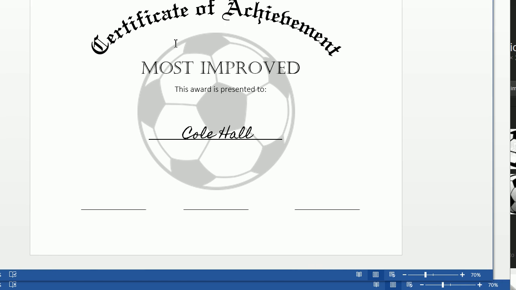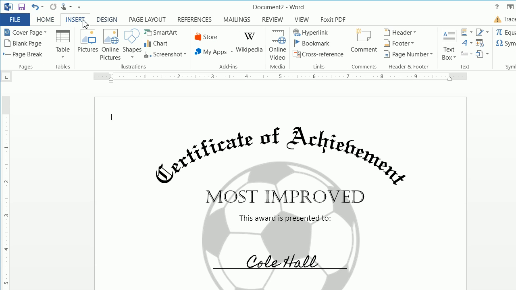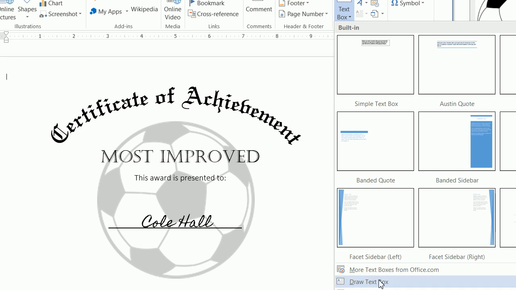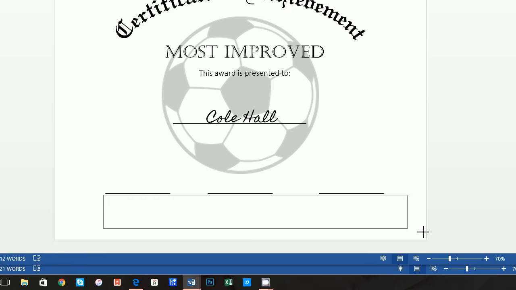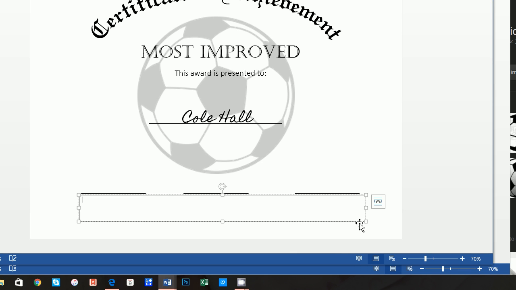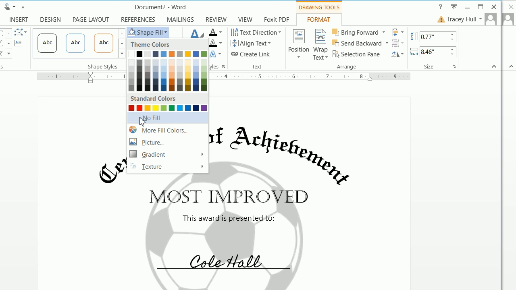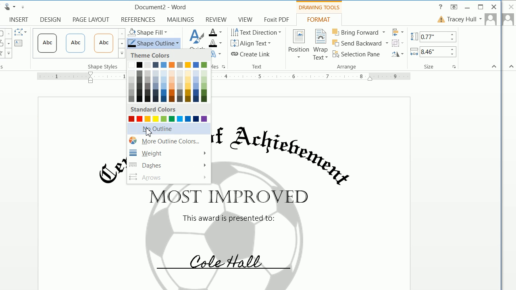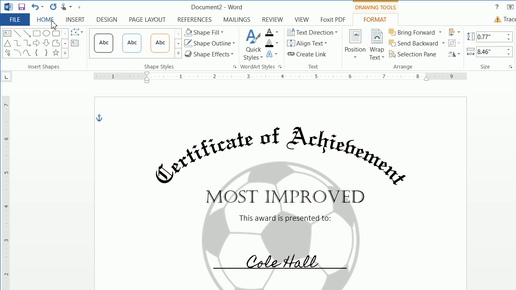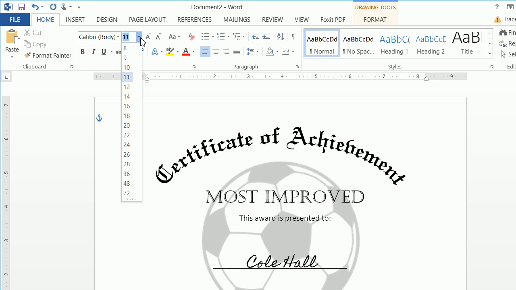Okay, now let's go ahead and insert our text box, and let's just draw a great big text box down here to make this easy. We obviously want to format this text box, do a shape fill of no fill, and a shape outline of no outline. Then we go to Home, and this is Calibri